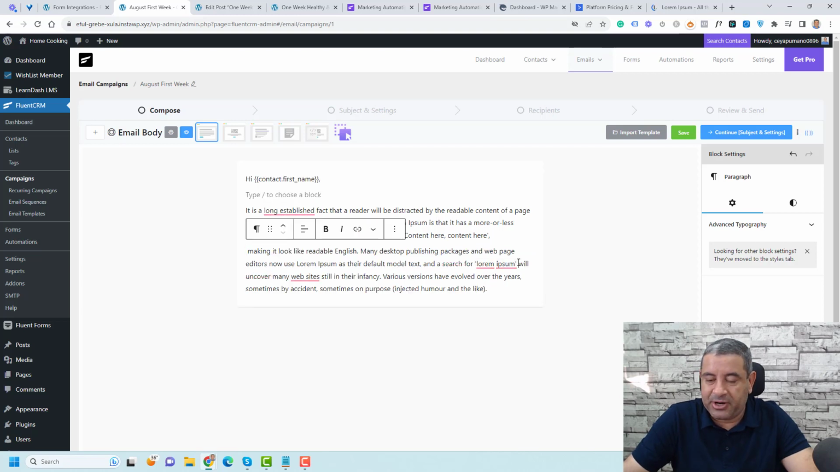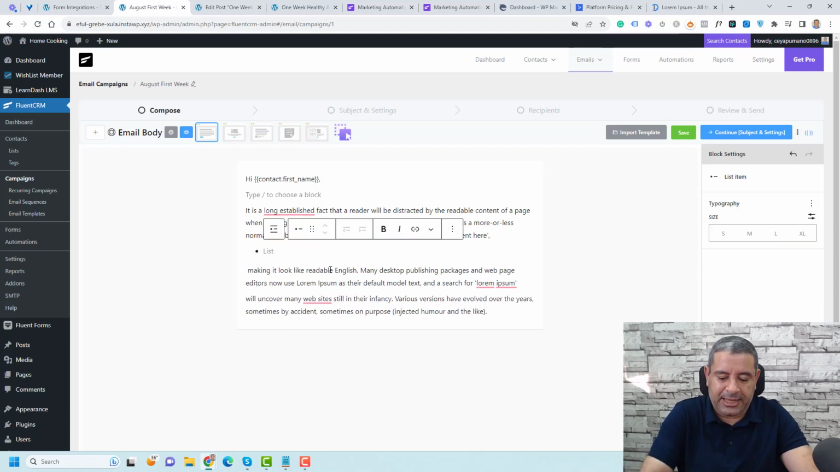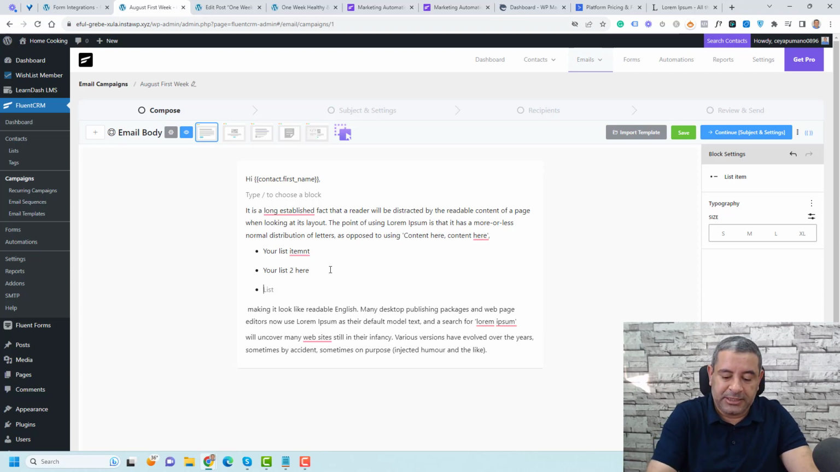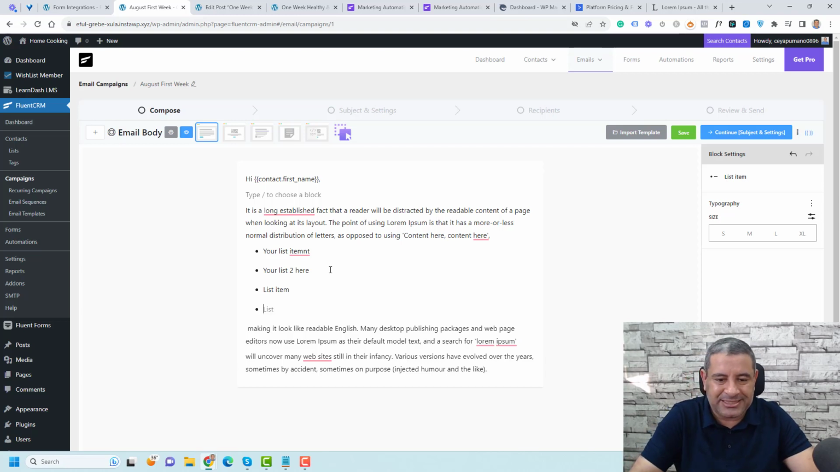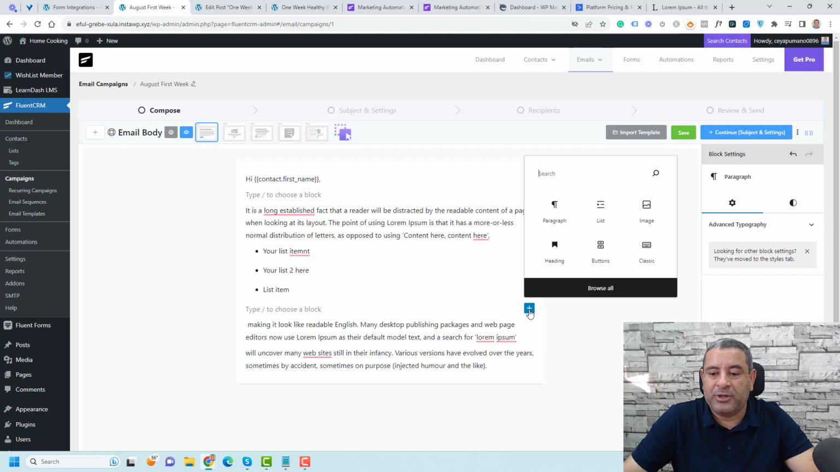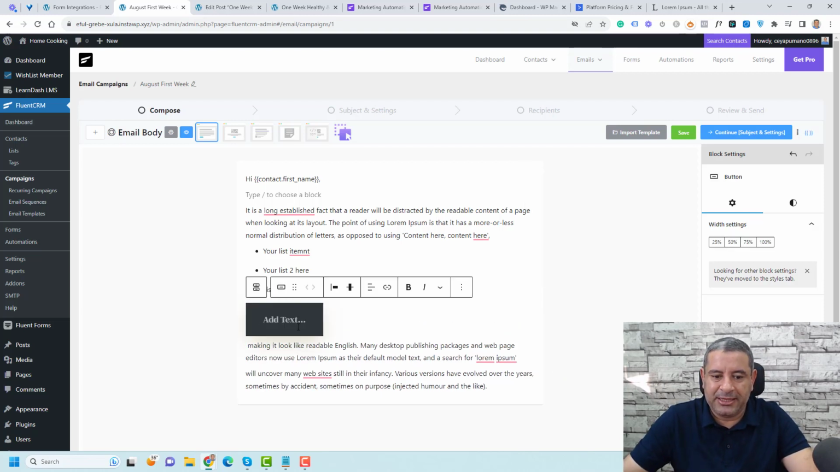If you like to add some paragraphs, or lists, maybe you need to show the features, you just click here, lists, and you can add your list item here, your list item 2 here, and you can add all of the list items you like to add. Now if you like to add a button, this is an easy way to do this. Again, you click this plus button and search for buttons. You'll find this is a button. You can click here,